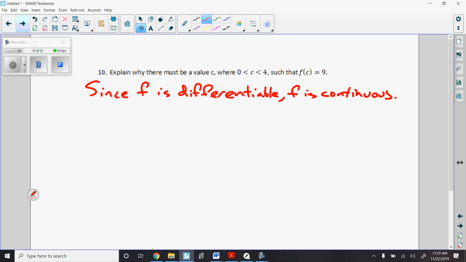So I need to state that since f is differentiable, f is continuous. Okay. Also,